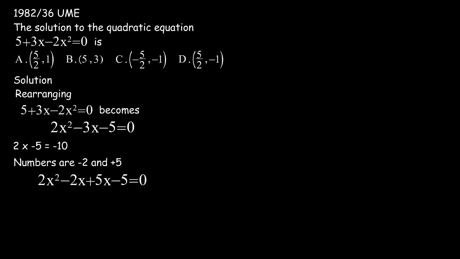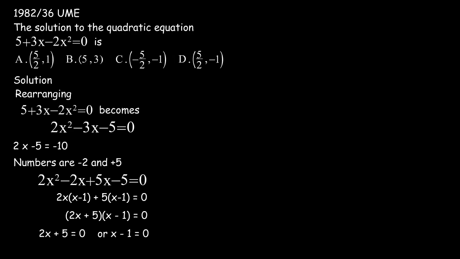is equal to 0. And factorizing our first two elements, it becomes 2s into s minus 1, and our last two elements, it becomes plus 5 into s minus 1 will be equal to 0. Factorizing further, it becomes 2s plus 5 in brackets s minus 1 is equal to 0. So at this point we know that 2s plus 5 will be equal to 0, or s minus 1 is